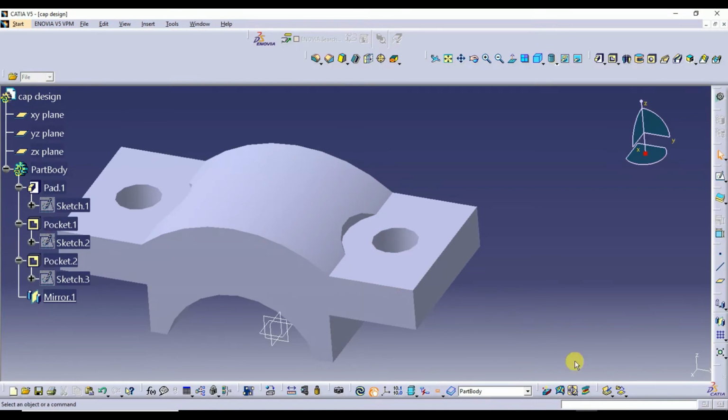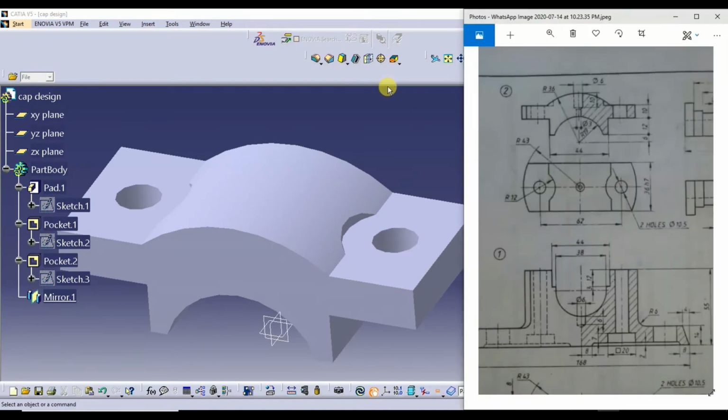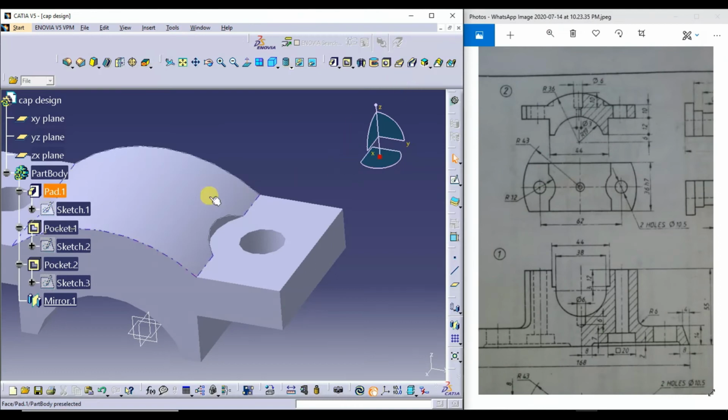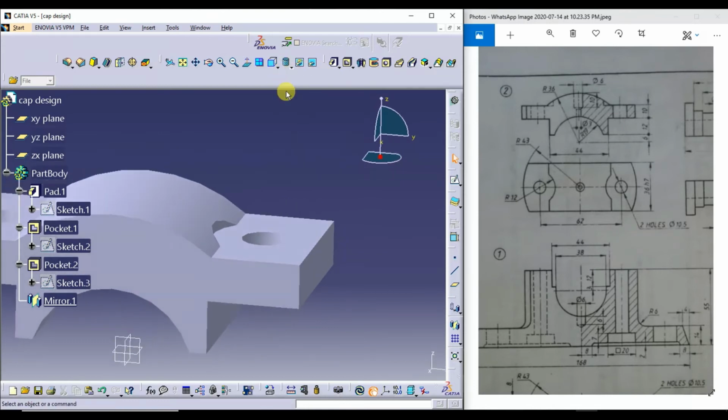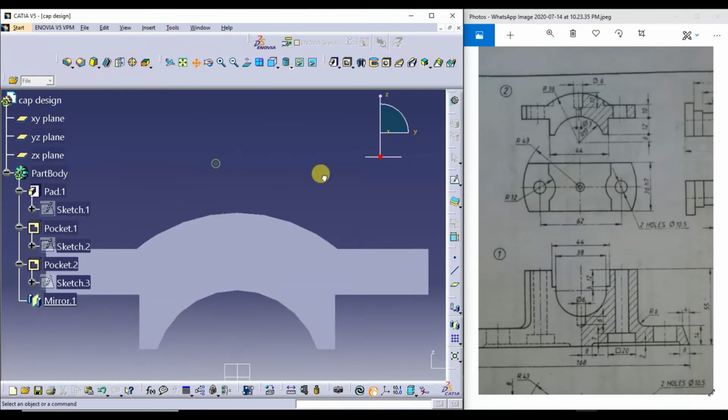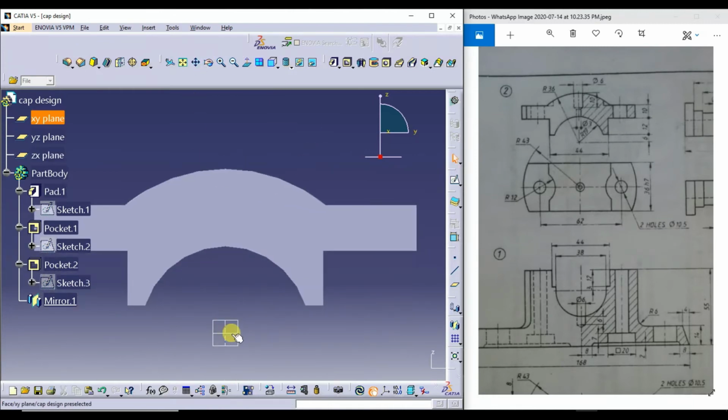Next, I need to create an oil hole. Exactly here, what I do, I'll go for the front view. I'll offset this plane to a distance of how much?